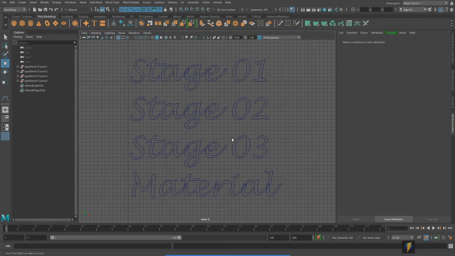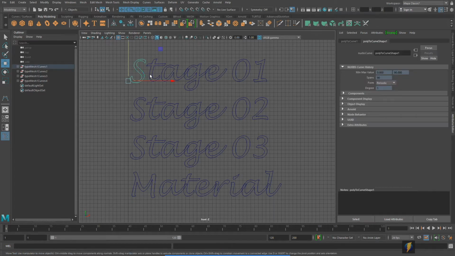Hello everybody. In this video we're going to take a look at how you're going to animate your neon sign while keeping your Maya file organized and maintaining your sanity. So my scene is already very complicated because I have a number of different curves in here, as you can